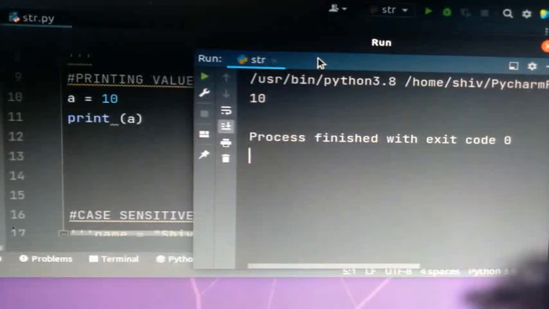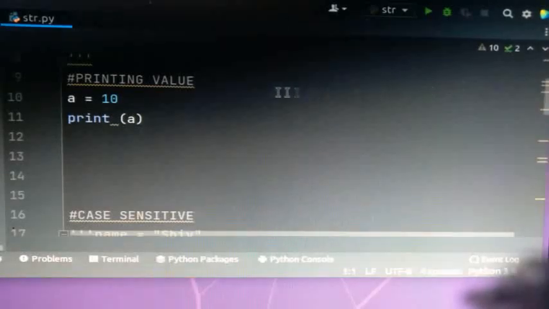So let's see some other examples. I am going to create another two variables here, and I am going to store a string in one. A string means it's an array of characters, right? And here I am going to insert something.